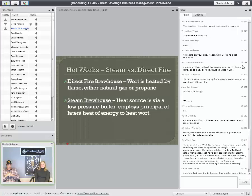Okay, so Puerto Rico, you've got expensive electricity. I would say if your natural gas is reasonably priced, which, being in the Gulf, I'd imagine you can get natural gas pretty easily, that would be the preferable source. Generally, I would say your number one source for heating is going to be natural gas. It's going to be the least expensive way to handle that, especially with the way natural gas prices are right now. But in the steam environment,